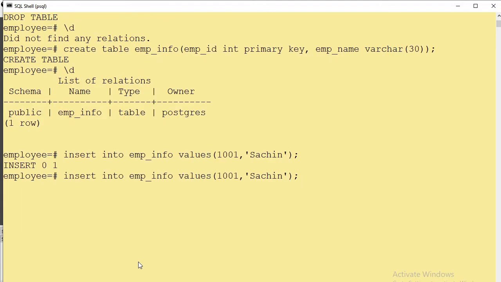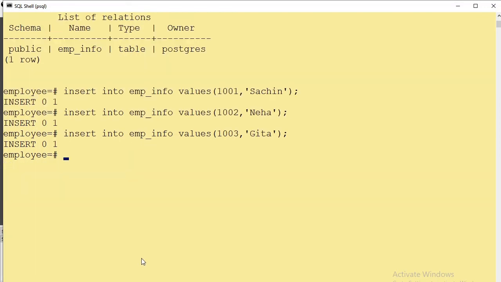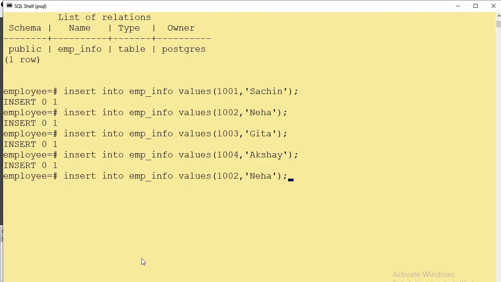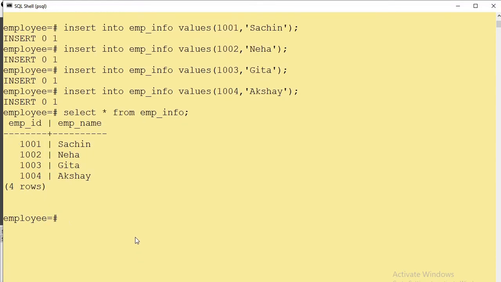Let us insert 3 more records, that is Neha with employee ID as 1002, then let us say Geeta with employee ID as 1003, and Akshay with employee ID as 1004. Let us check how many records we have inserted till now by using the select command. So till now we have inserted 4 records.